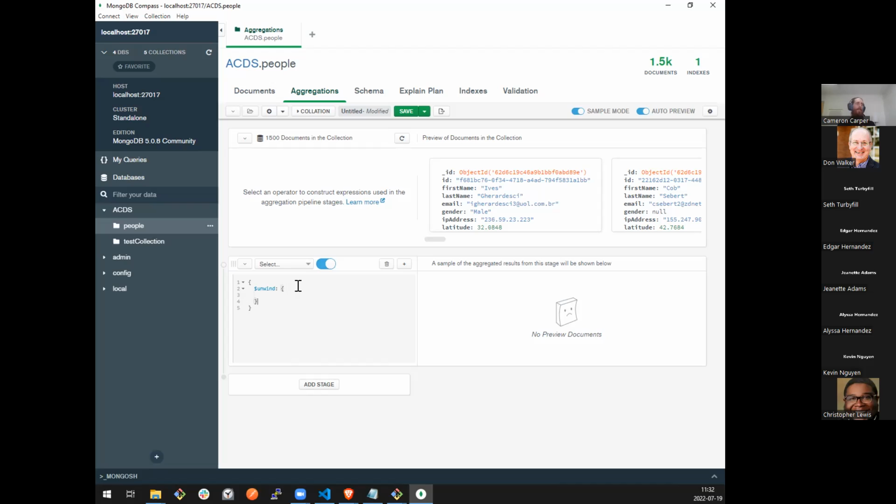Actually, I don't even need these braces. I was double checking my example. All I have to do is tell it the field I need. Terminology gets tricky here. On one hand, it needs to know the field that is an array that it is going to unwind on, which I'll use hobbies. However, this is going to error when I execute it, if I can find the execution button.